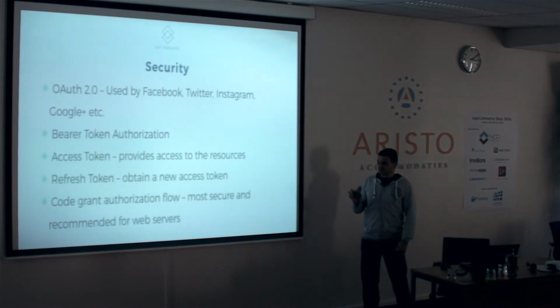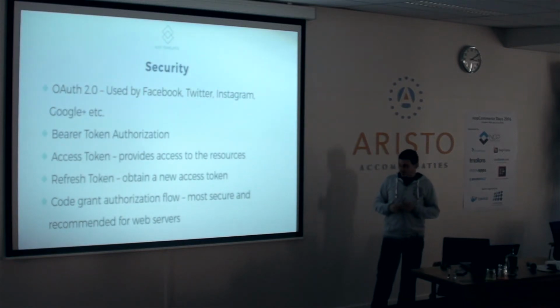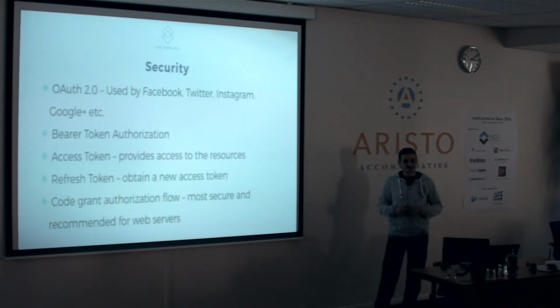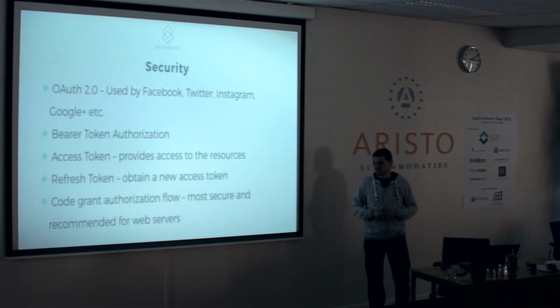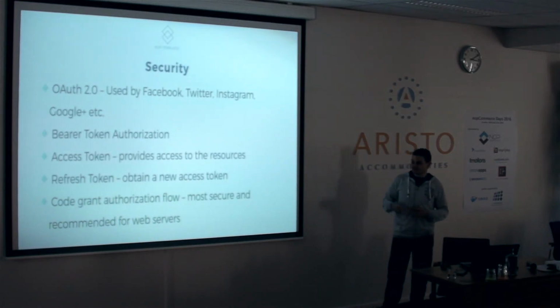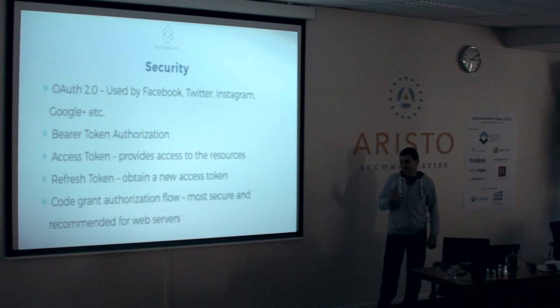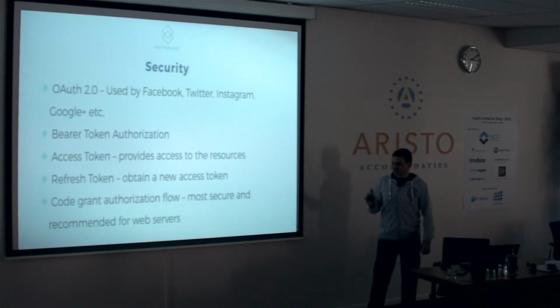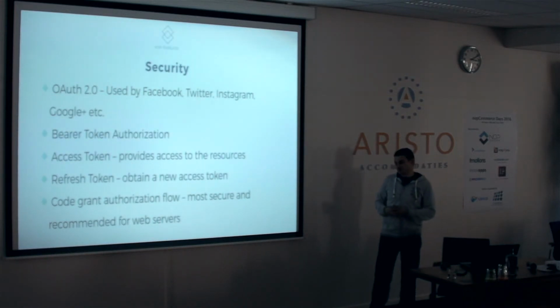There are several out-of-the-box workflows for obtaining tokens. We decided to use the code grant authorization flow, which is the most widely used one for APIs. We researched some of the existing APIs and existing e-commerce platforms that provide APIs, and they use this by default. The code grant authorization flow is the most secure one, and it is especially for web servers. What do I mean by web server? It means that the client that consumes the API should be accessible somewhere. That's needed because